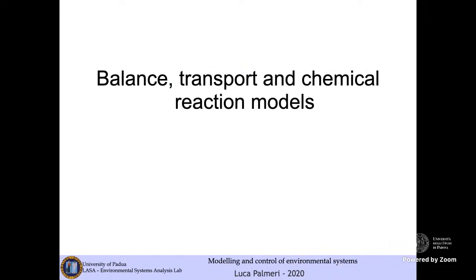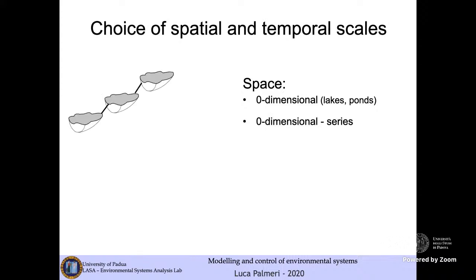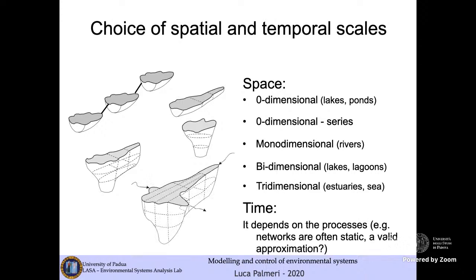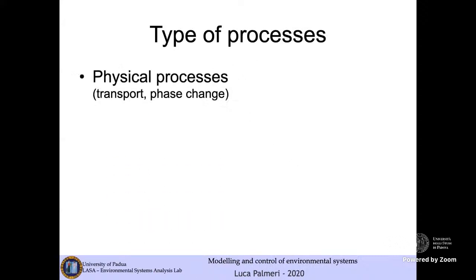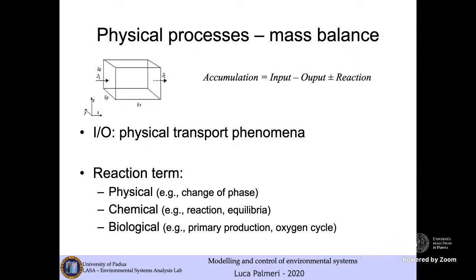CSTR means continuously stirred tank reactor. So we describe our system as a zero-dimensional system in which everything is well mixed. And we have seen that by employing the balance